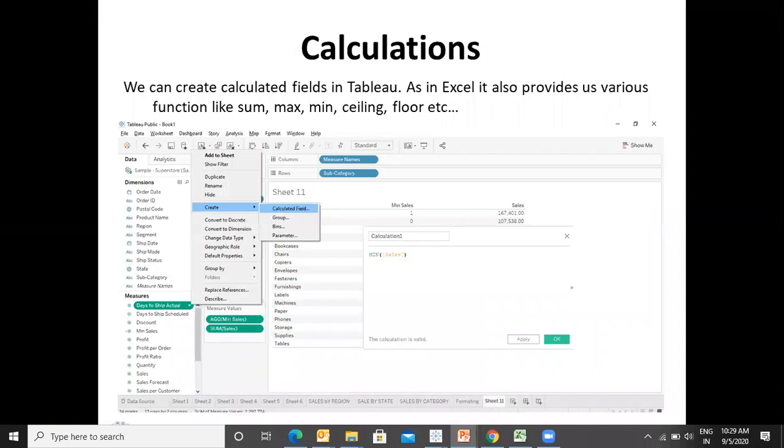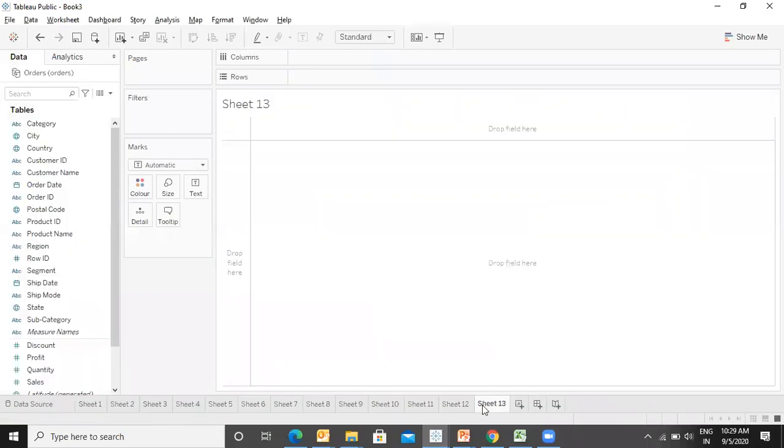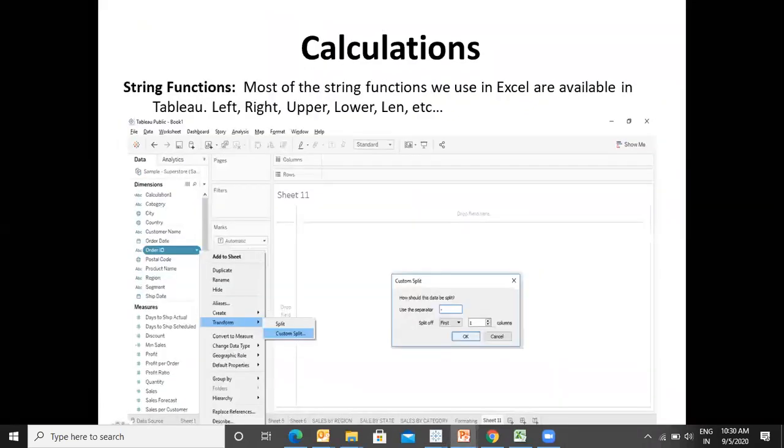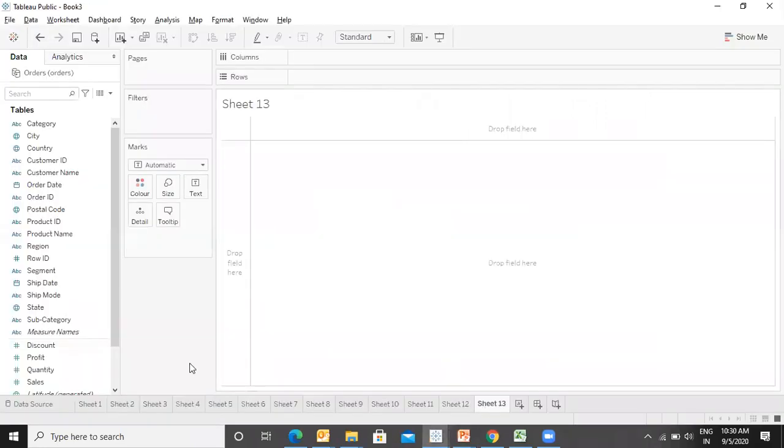Okay, so this was the formatting of the data. Now coming to the calculations. We have done calculations initially also. Am I correct? Yes, we have done the calculations, right? So let me do some more calculations over here. This is the important one.